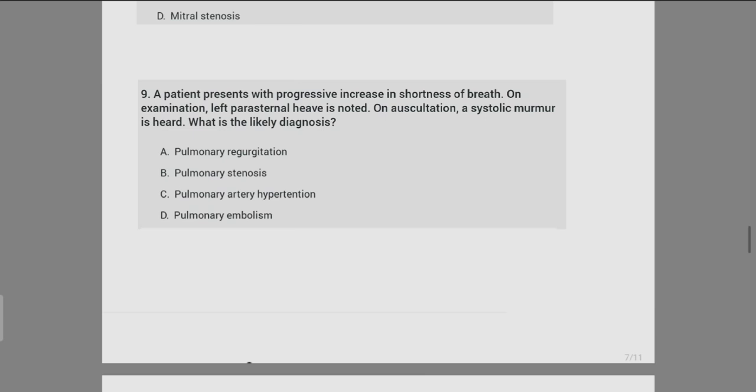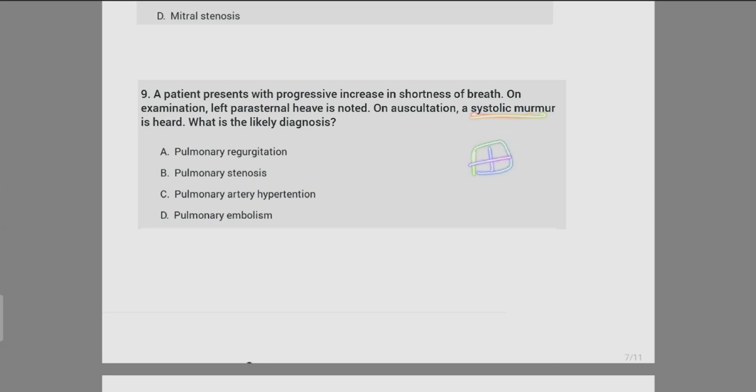Next is a patient presenting with progressive increase in shortness of breath. On examination, a left parasternal heave is noted. On auscultation, a systolic murmur is heard. Now what is this? So they are saying, one thing is it is a systolic murmur, so it has to be,